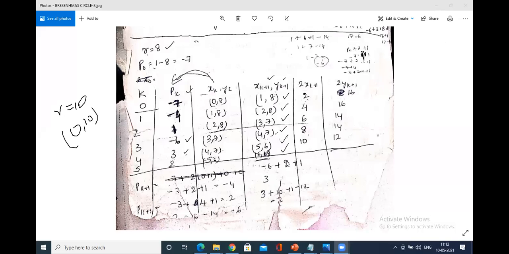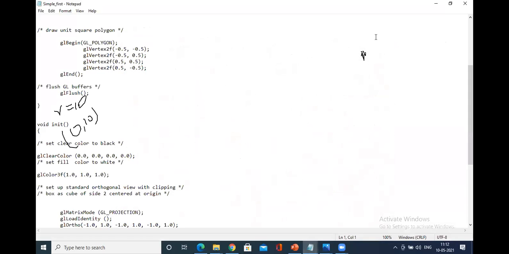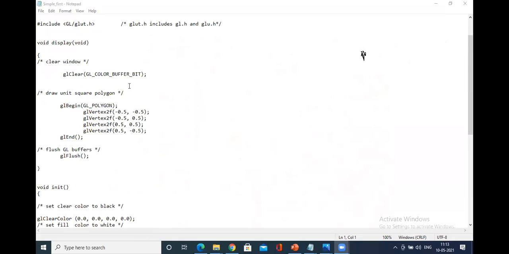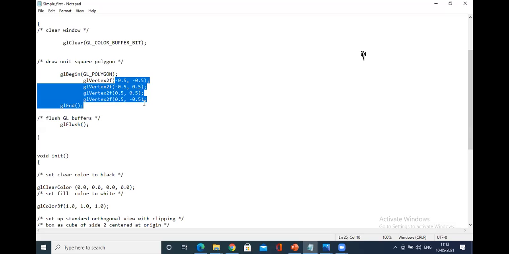Okay, and let us start. Now I just wanted to show you one of the programs. So let me erase this annotation. Now see here, if you have gone through the program from the last class, this was a program I simply showed you. It is a GL polygon. A few questions were asked: why do you specify minus 0.5 and 1.5?